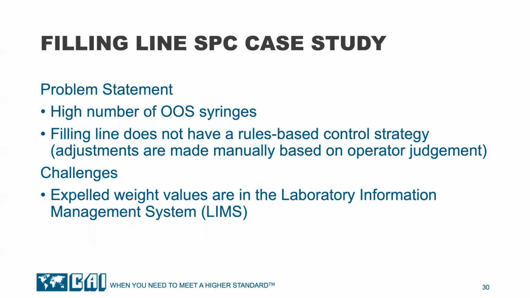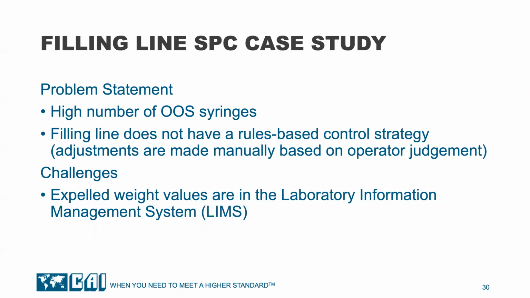The problem provided another challenge. The filling machine did not have a mechanism for finely tuning the syringe volume or for making automatic adjustments as the filling line pressure fluctuated as the volume in the filling feed tank decreased. The filling machine had a knob which you could turn one click clockwise to increase the fill weight or one click counterclockwise to decrease the fill weight.